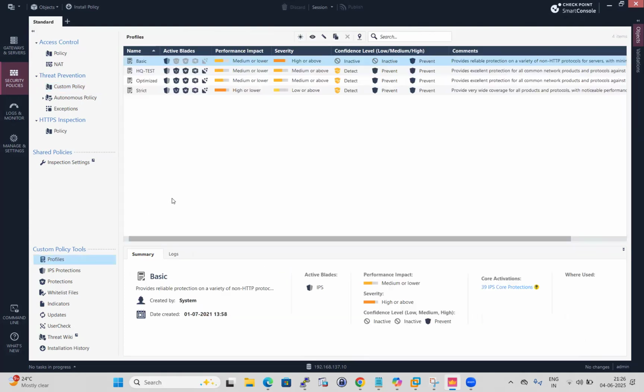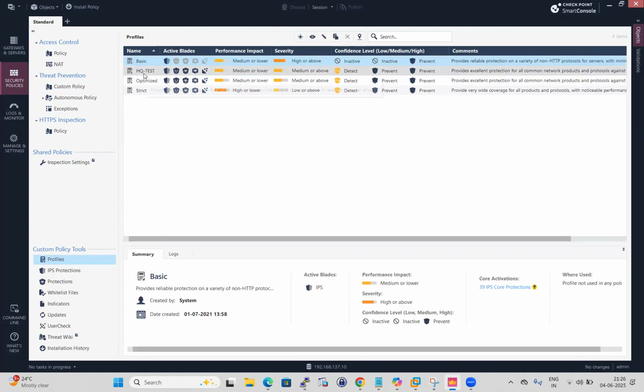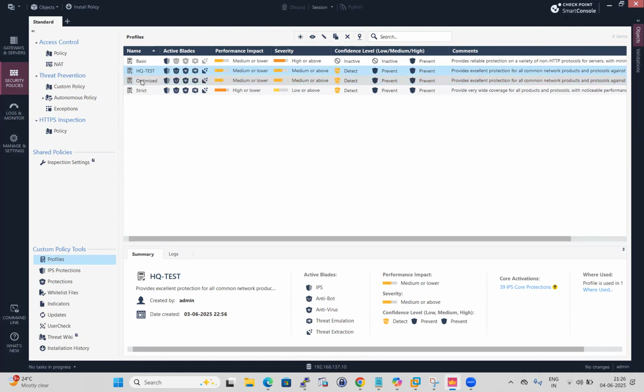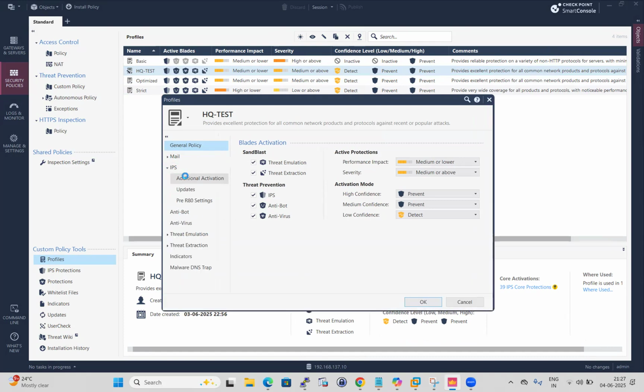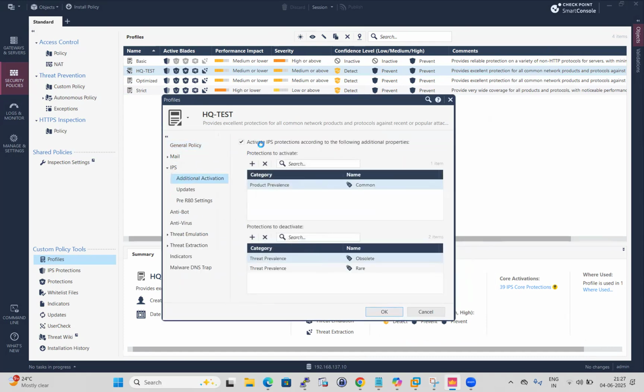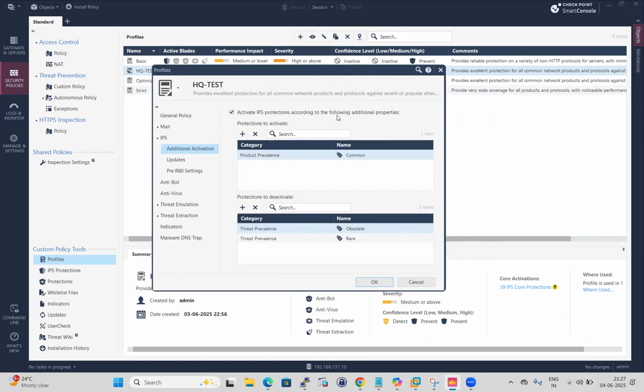So if you come to the profile, guys, we have created this custom profile yesterday. So let me click here. If you come on the IPS, under additional activations, these are some specific IPS features, guys, which are very important to understand. The first one is protection to activate. Here we can set our category, like which types of category we want to protect and inspect through